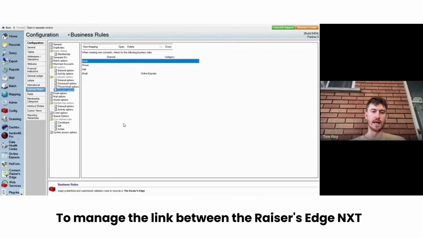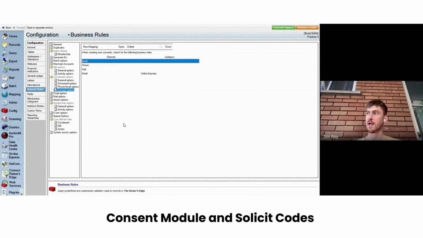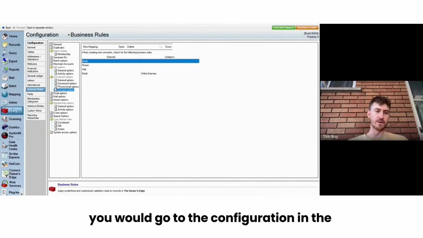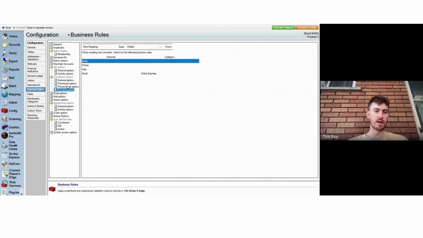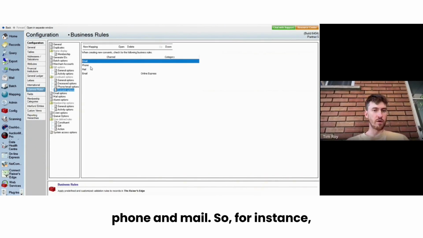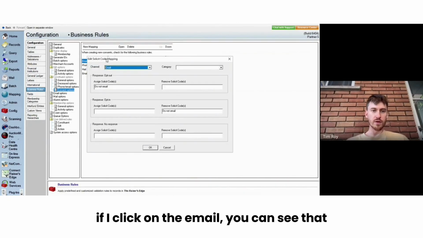So to manage the link between the consent module and solicit codes, you would go to the configuration and database view, business rules, consent options, and then you'd have your email, phone, and mail. So for instance, if I click on the email, you can see that